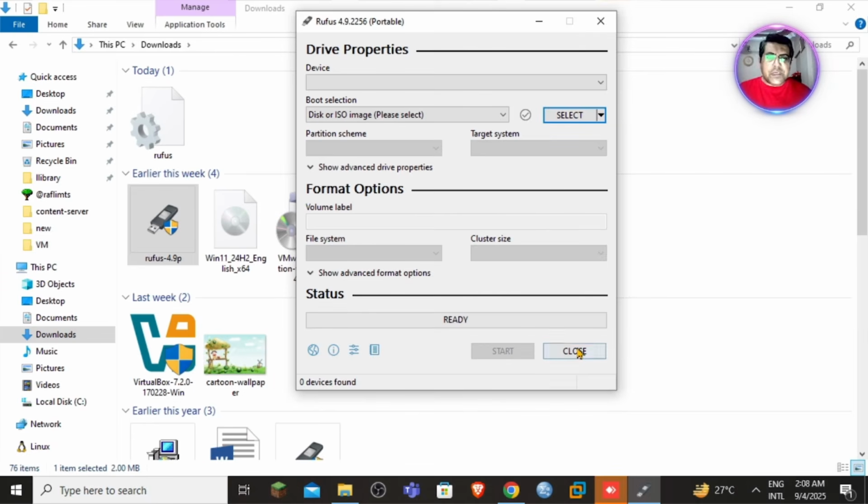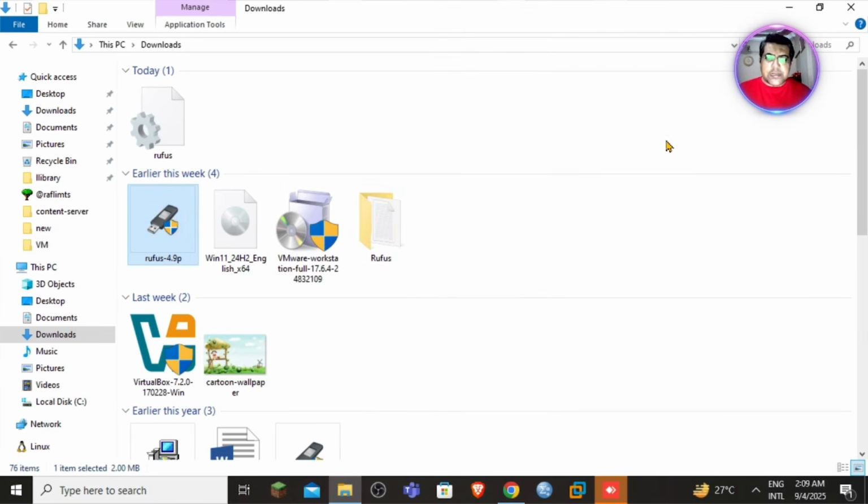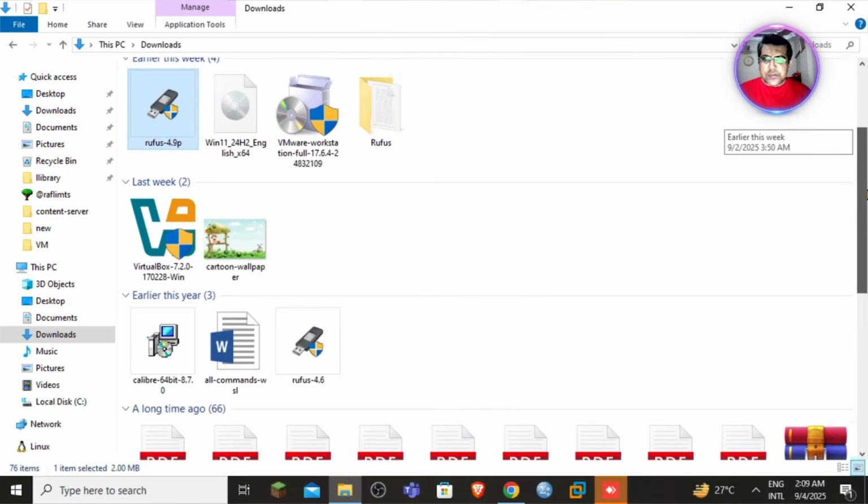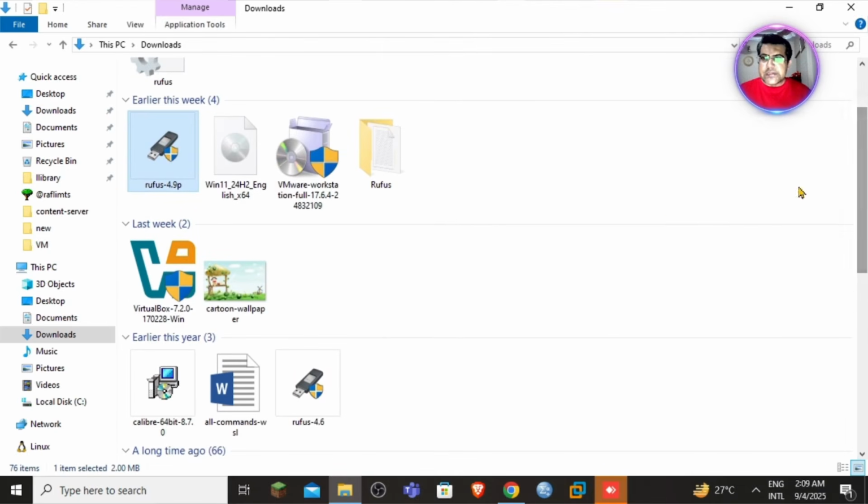Right now we are going to create a virtual machine. You can see this is Windows 11, and this version is 24H2, which is, I think, the initial one. I don't remember. Anyhow,